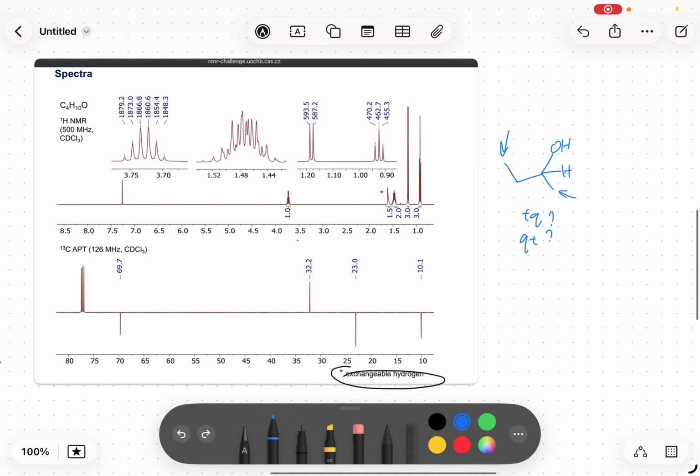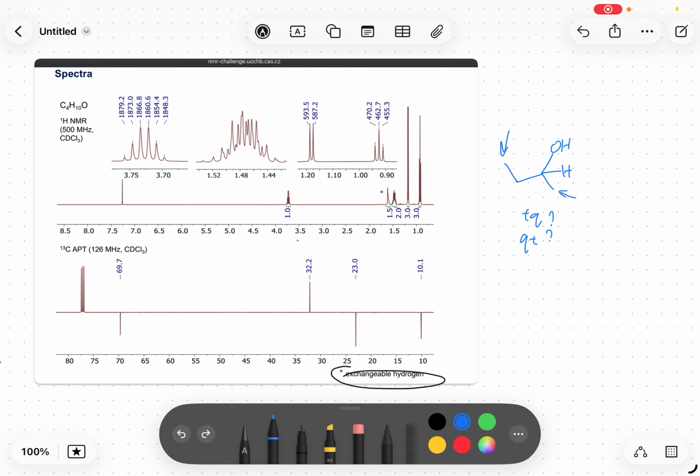But in this case, we don't need coupling constant to work out the actual solution. We just need to see the shifts, and to confirm our guess is correct, we can just look at the splitting pattern rather than the constants themselves. And